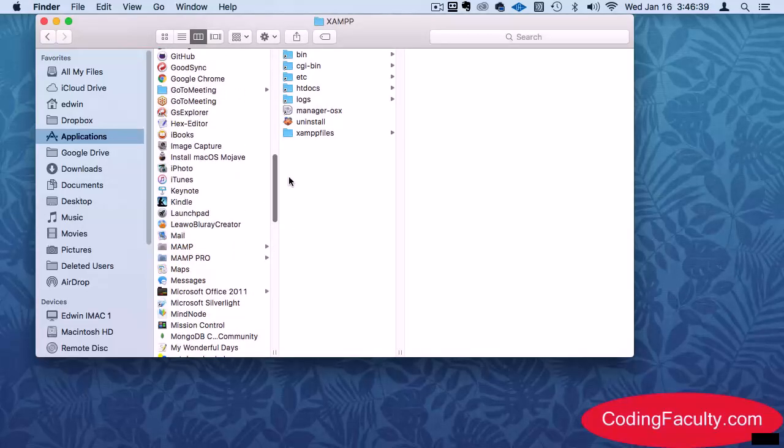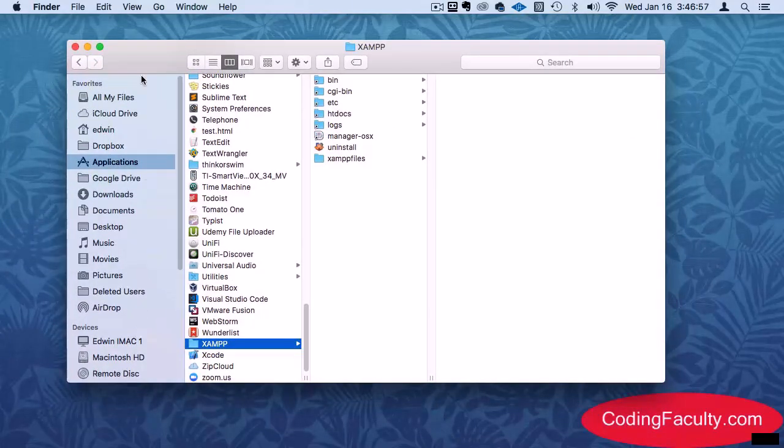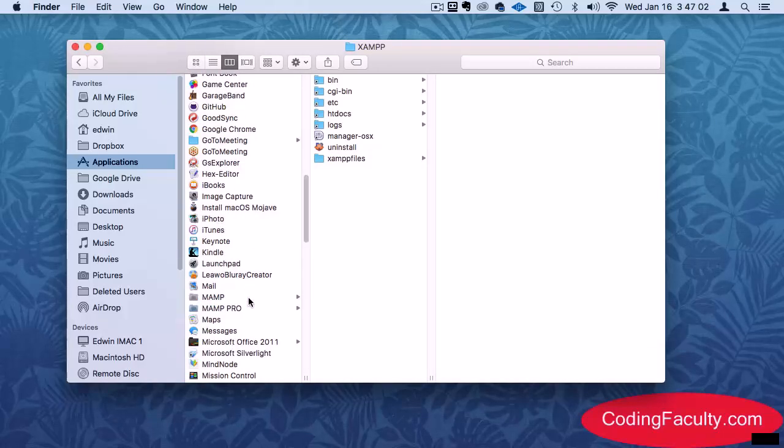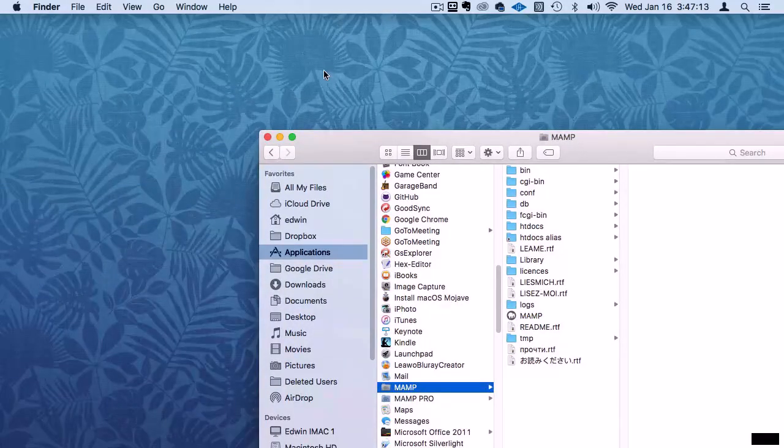So on a Windows computer, your MAMP and your XAMPP folders are going to be in your C drive. Okay, so go to your computer, go to your control panel or the file manager, wherever you can see your computer's C drive. Click on it, and you're going to see these folders here: XAMPP and MAMP. Okay, and inside the htdocs is where we are going to be working. These programs usually install an icon on your desktop, so you can double click it